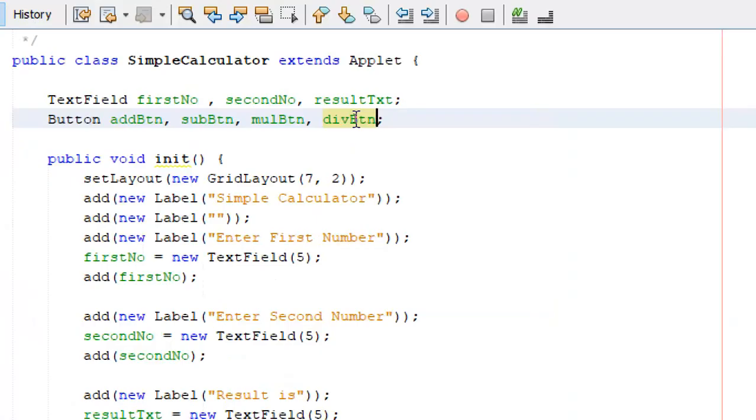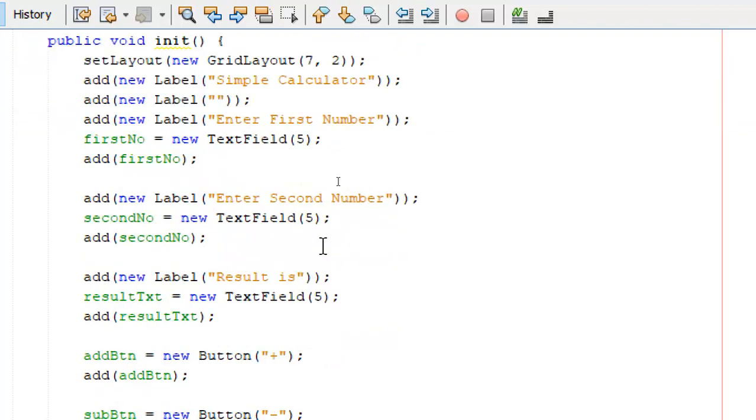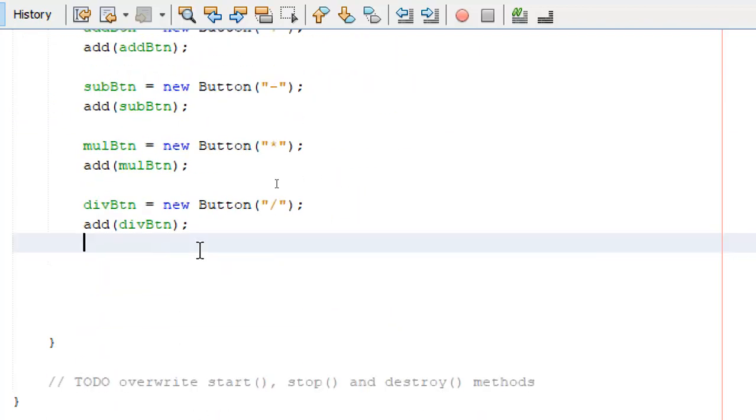Because I need a reference to this, I'm going to call this compute button. So that is my compute button. I'm going to create an instance of compute button and add it to my applet.